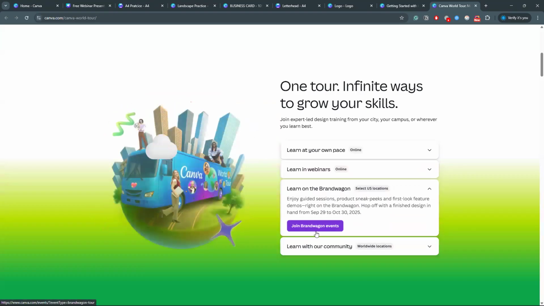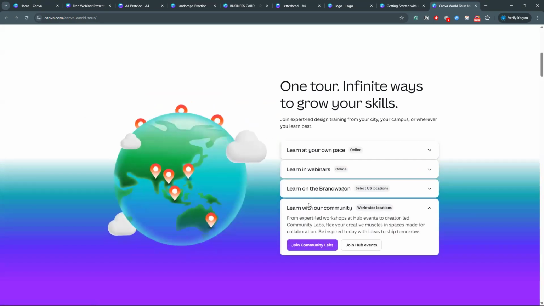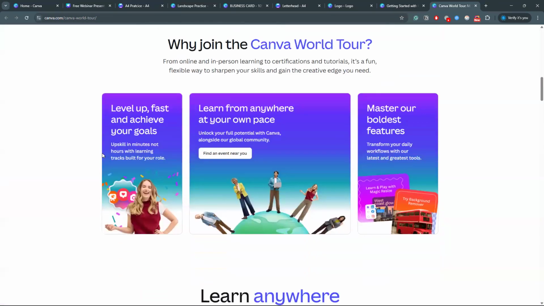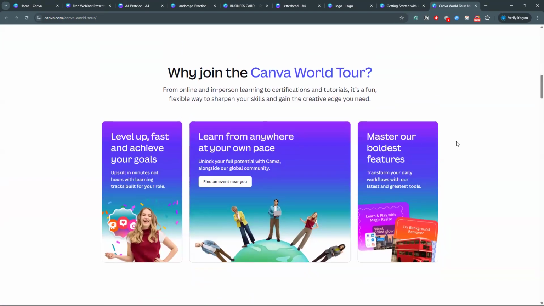You can visit your nearest city which Canva is visiting. Two days before, I guess, Canva had a meeting in Mumbai. So this is Canva World Tour. Why Canva World Tour?